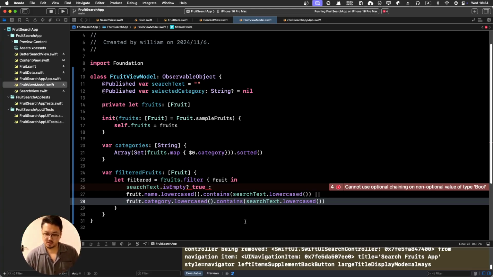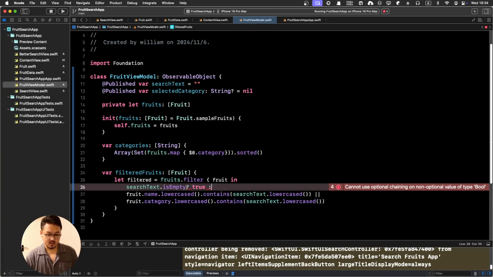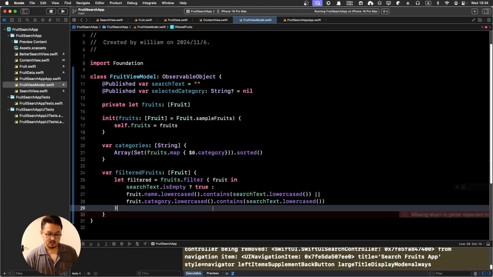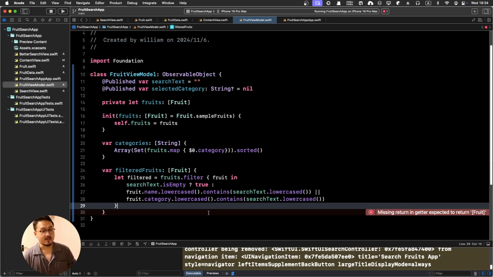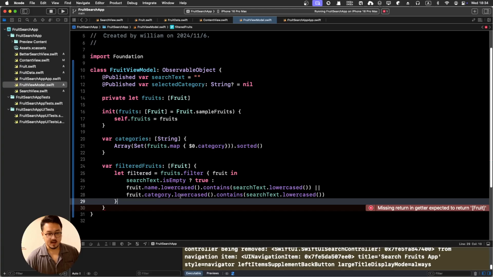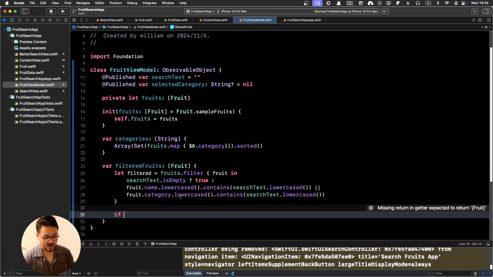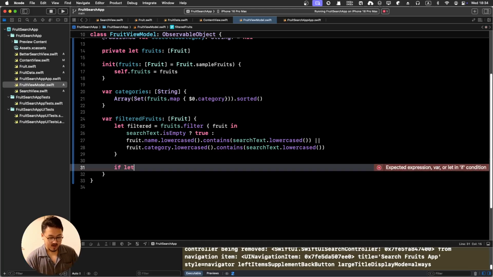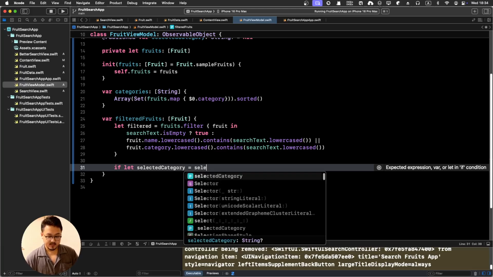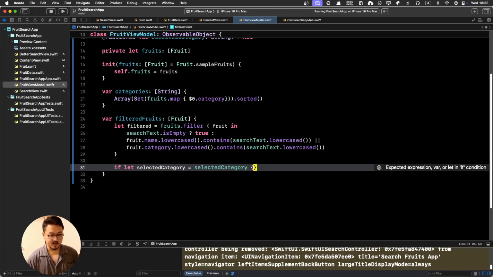Cannot use optional chaining on non-optional value boolean, and let me think about this. Why can't we use the optional chaining? Is empty, true, and then yeah, I don't think it's an important problem. Missing return in getter. So if the selected category equals selected category, we will return it and we return the filter text. So I'm going to add another logic here. Say if let selected category equals to selected category, then we're going to return